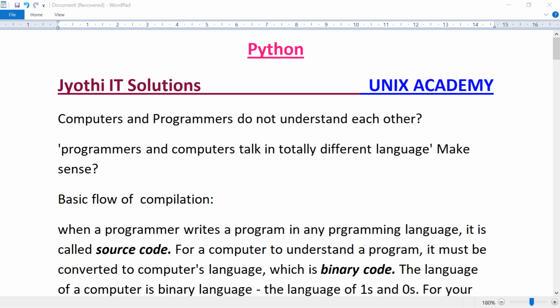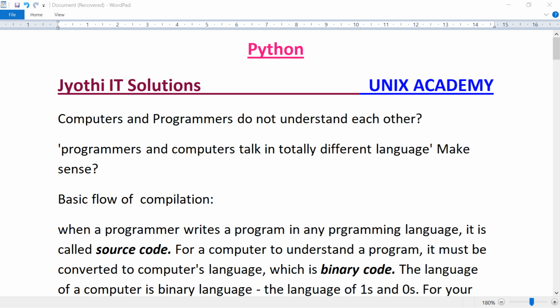Let's start Python. Computers and programmers do not understand each other. Programmers and computers talk in totally different languages. Make sense?